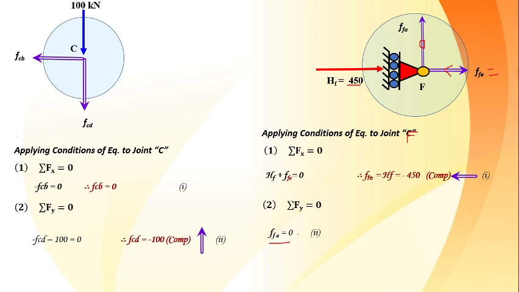So we have finished with joint C and F. Nothing is remaining as an unknown in this. Now after having these values of the various member forces, what we have to do? We have to go back to the original figure of the truss, and there I have to show all these various forces, their magnitude as well as directions. So go to the very first truss which we have seen in this problem and mark all those magnitudes and directions near that particular joint, and at the far joint it will be equal, opposite and collinear.